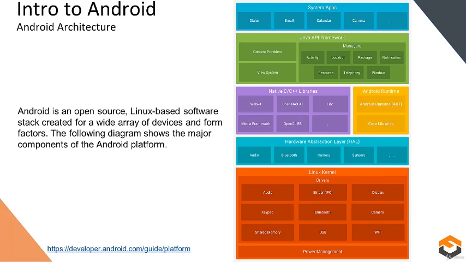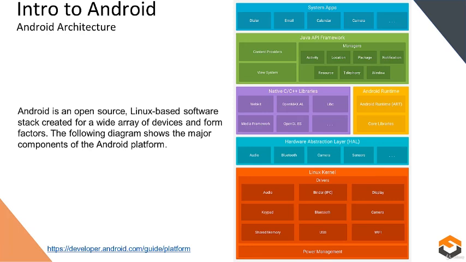Many core Android system components and services, such as ART and HAL, are built from native code that requires native libraries written in C and C++. If you are developing an app that requires C or C++ code, you can use the Android NDK to access some of these native platform libraries directly from your native code. The entire feature set of the Android OS is available to you through APIs written in the Java language. These APIs form the building blocks you need to create Android apps.